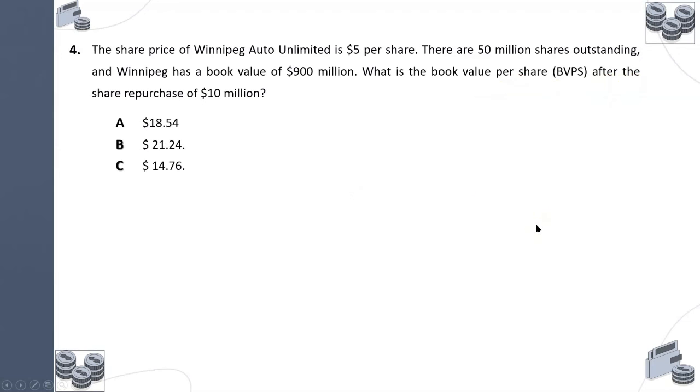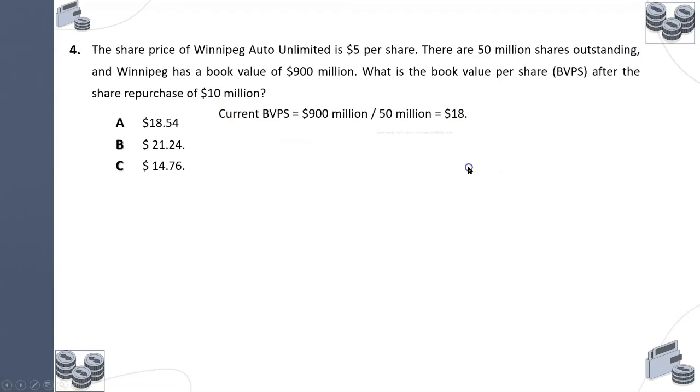These are the answers given, but let us have a small discussion. What's the current book value? Because the shareholders' equity is 900 million and we have 50 million outstanding. So the book value today before the repurchase is $18, sorry. So with this $10 million, how